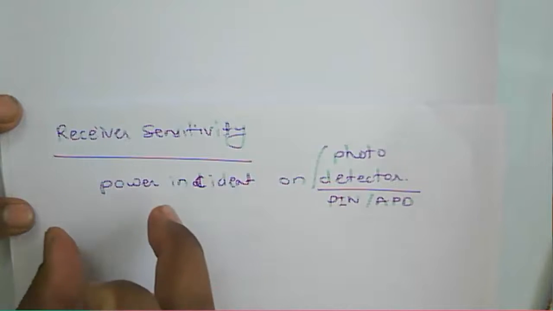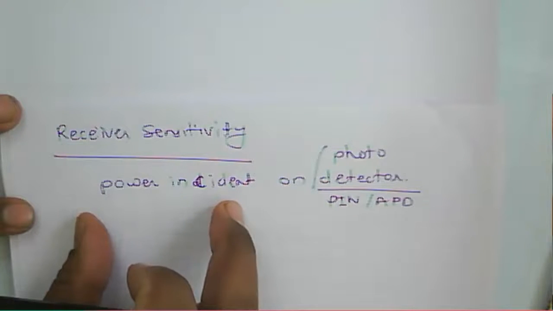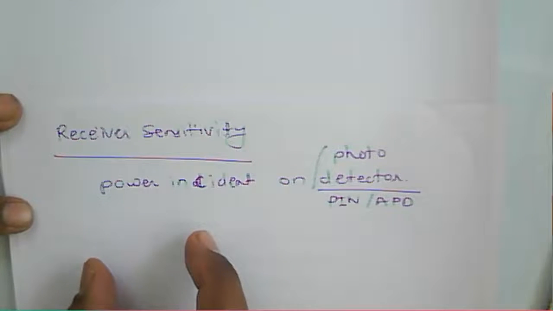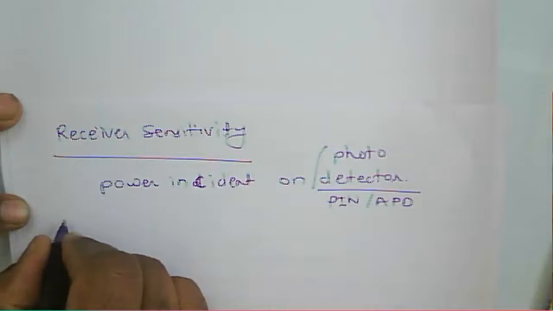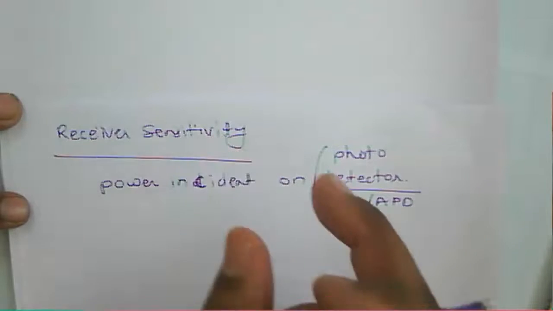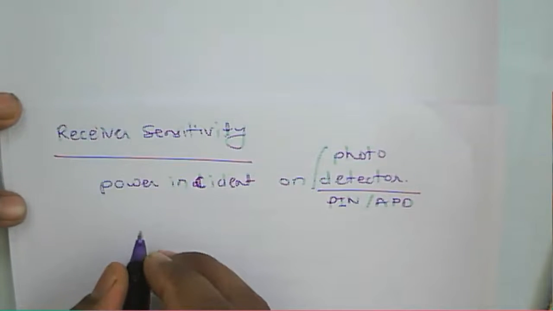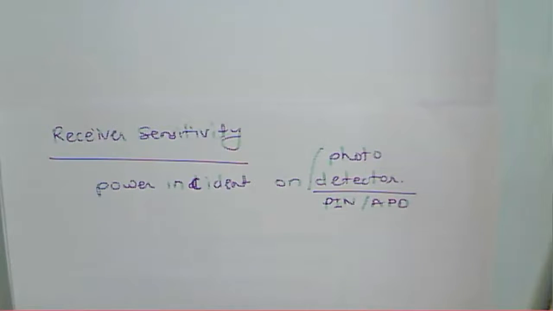So that is about receiver power, or receiver sensitivity. It gives a measure of the minimum average power that is required to maintain that BER. Maintain the BER means what? The worst case BER at a specific data rate. So for a given particular system,